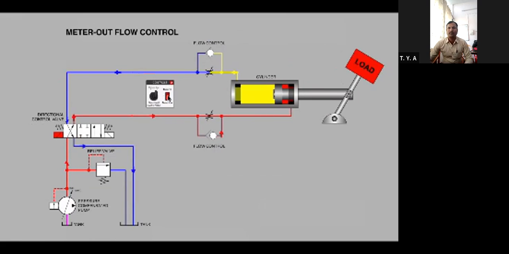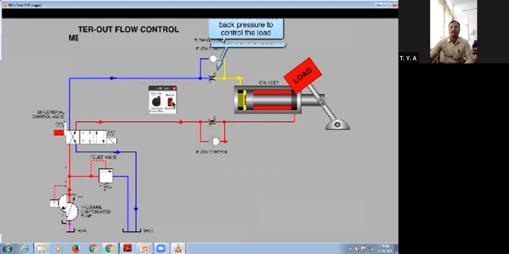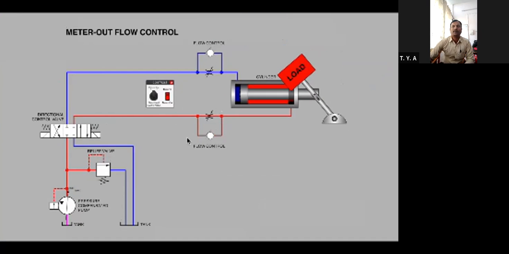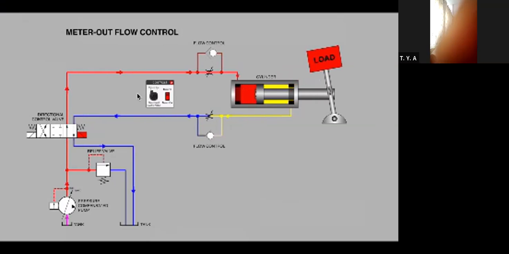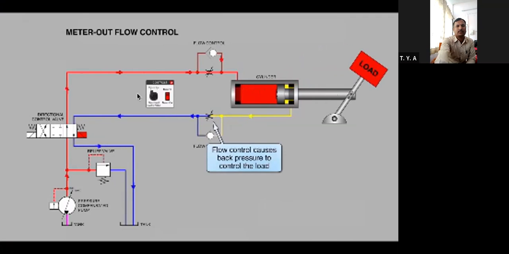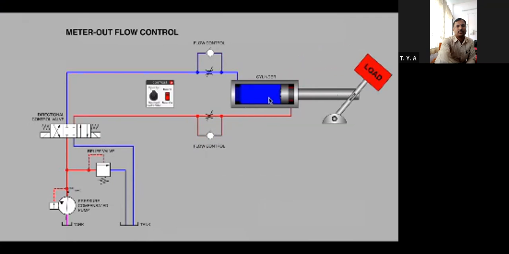But don't be in a rush to apply meter out to the rod end port. This particular meter out arrangement here can come at a pretty high price to the damage that it can cause in your hydraulic system. If this needle valve is pinched down too far during extension, believe it or not, if there isn't enough load for the cylinder to push on, and in this case we've even got a negative load, the load is running away with the rod, what can happen is an intensification of pressure between the rod and cylinder port and this particular needle valve.